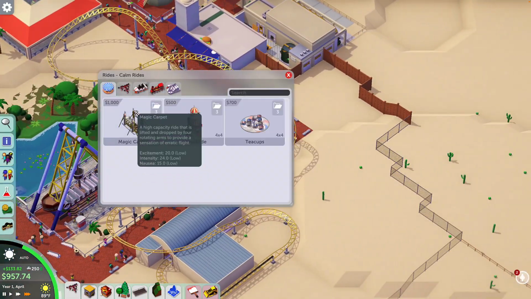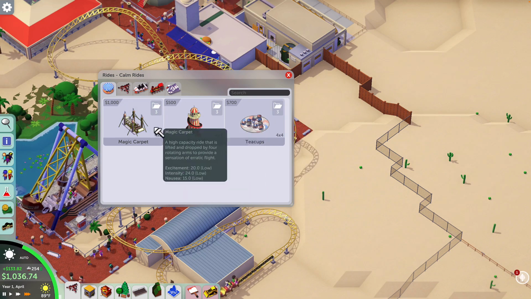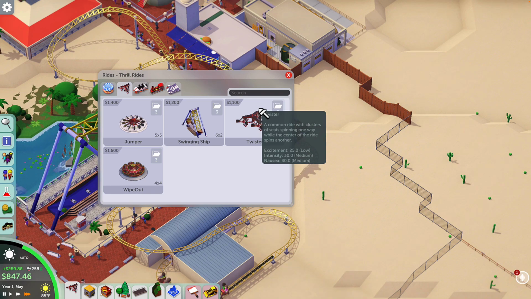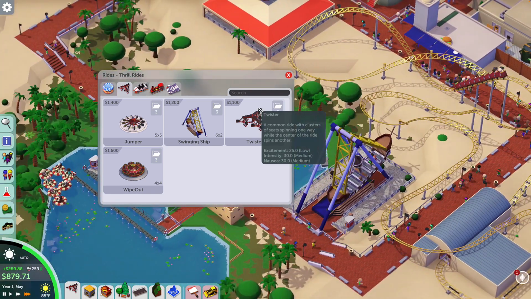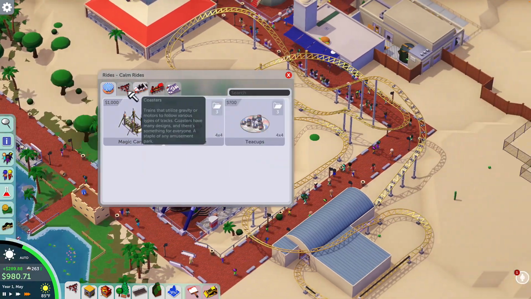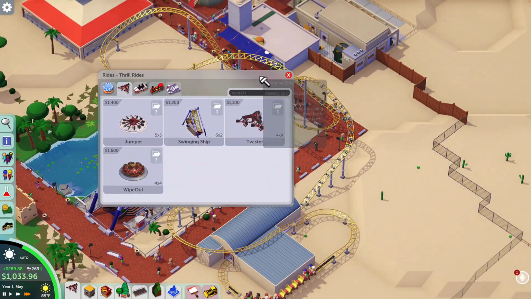Even though it's considered a low excitement ride. 24, 24, 16, 20. So teacups are actually more fun. But if we take a look here, the excitement rating on the Twister is not really much higher. It's just the intensity of it that knocks it up into the medium range. But I really like these, so I think we're gonna